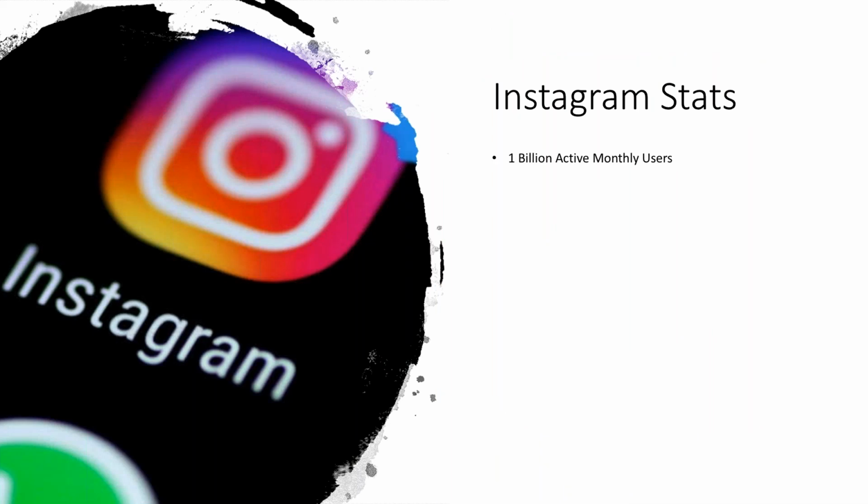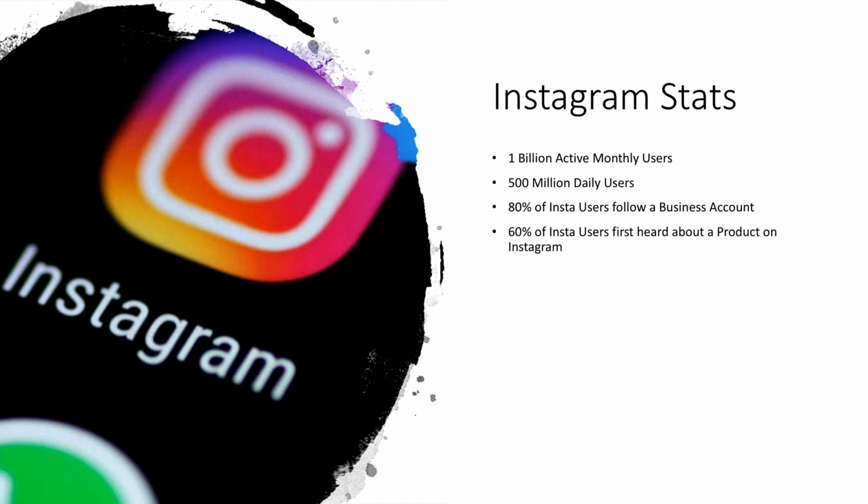So Instagram stats, currently there's 1 billion active users on Instagram. Of that, there's 500 million daily users. You've got a lot of folks taking this time out of their day to stop and look at their Instagram account. And some of the numbers are crazy. There's on average 40 to 45 minutes people are spending on Instagram, especially now in this climate, because we're all looking for something to do to pass the time. Across the board, statistically, everything I've been reading, the social media use is up considerably. Facebook, Instagram, you name it. People are wanting to stay connected, and Instagram is just perfect for this environment. 80% of Instagram users follow another business account.